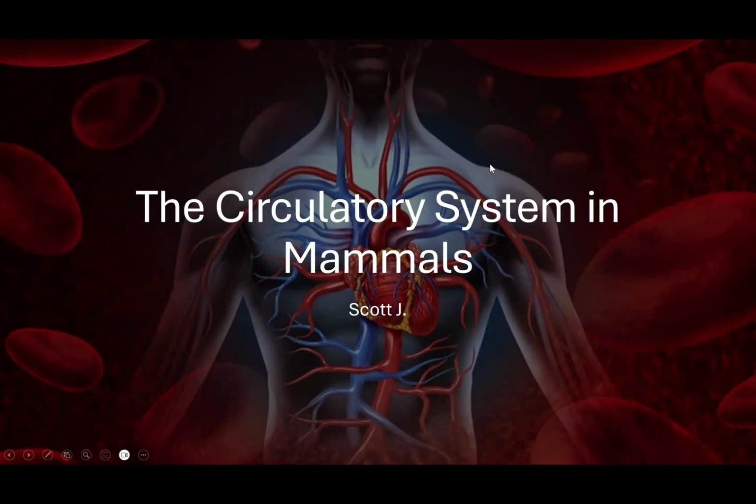So we're gonna have a look at the circulatory system in mammals. I broke it up into sections. We're gonna talk about the structure and function of the circulatory system that is outlined by the syllabus, right? And then we're gonna be looking at the cardiac cycle's electrical impulses, separating apart from speaking about diastole and systole